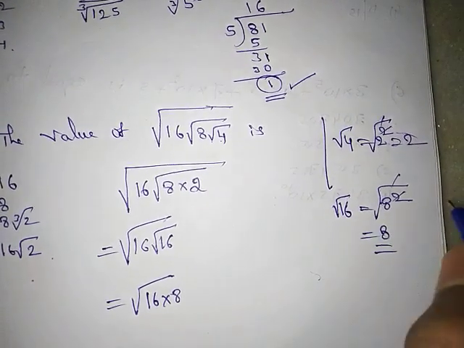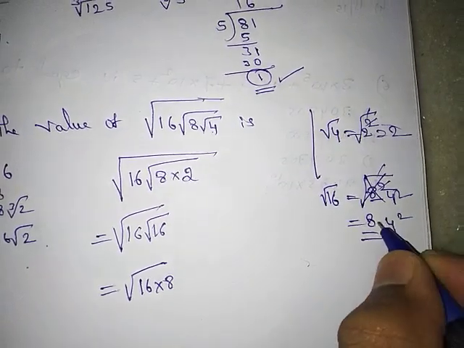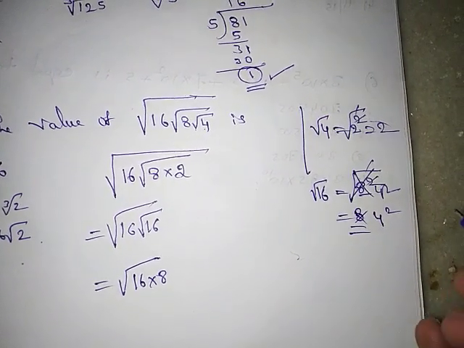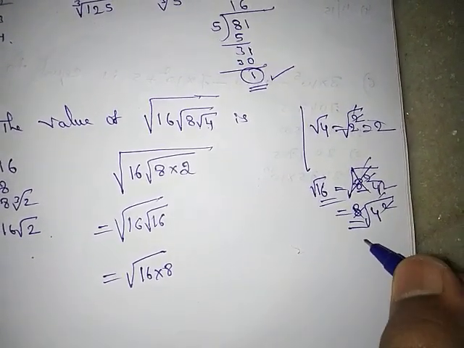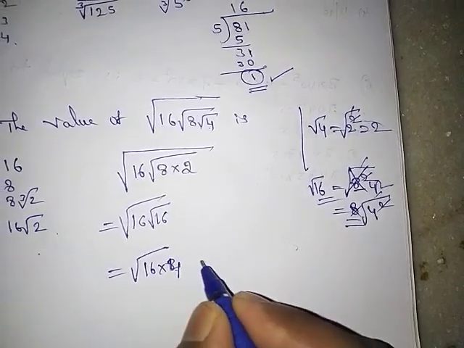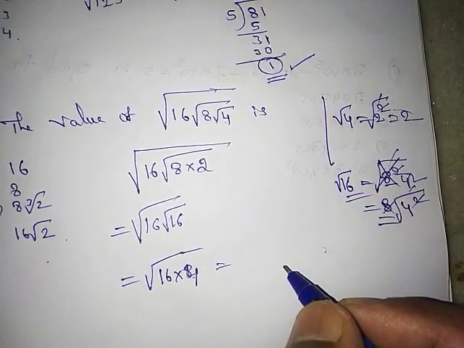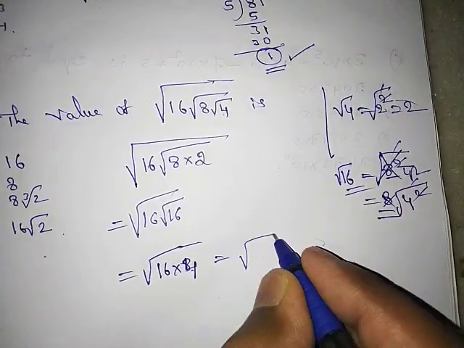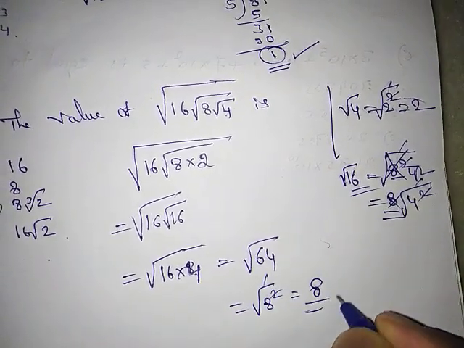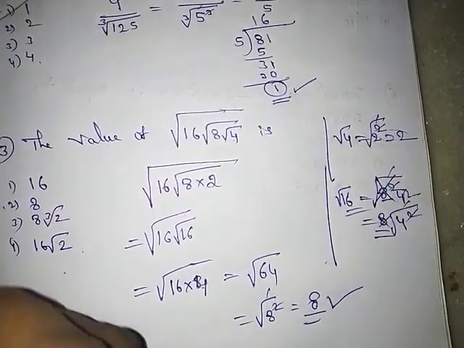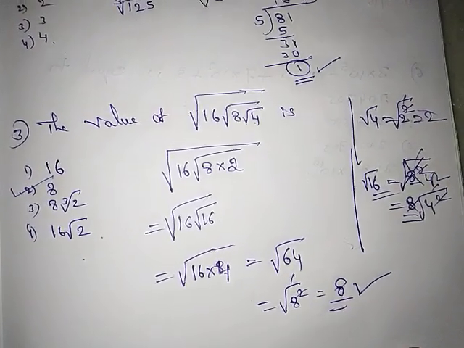Friends, really sorry, this is not 8 square, this is 4 square, because my concentration went away. So that is root 4. 4 is the 16, right? Yes. 2 gets cancelled. The value of root 4 is 2, so it is 4 into 16. And 4 into 16, you get the value is what? You multiply that as 64, right? That is 8 square. So the square root gets cancelled. The value is 8, right? So very easy. That value is in your option 2. Got it? Go to the next one.